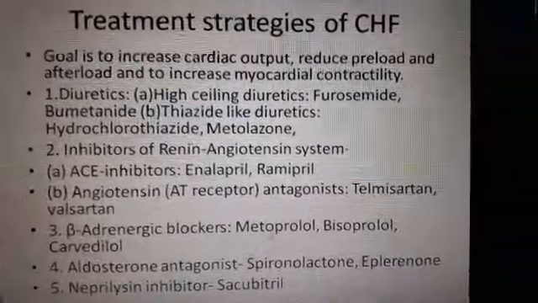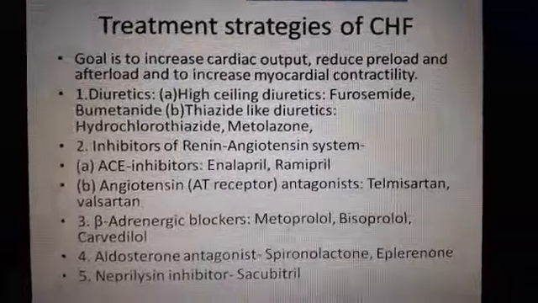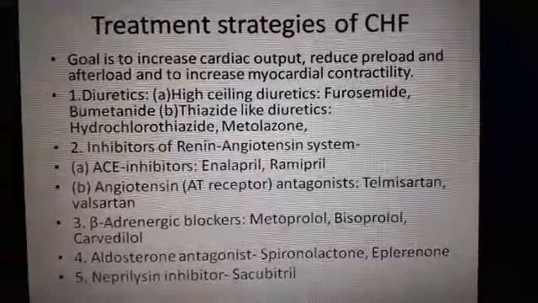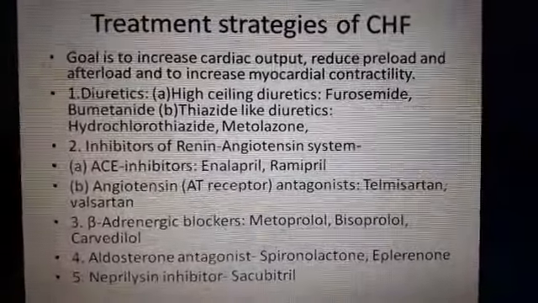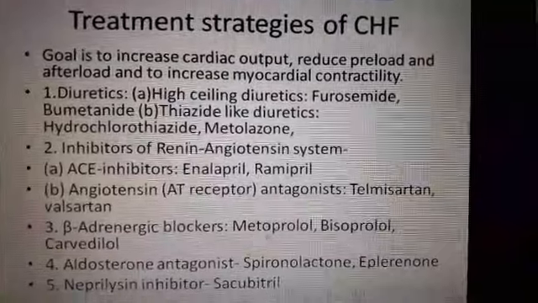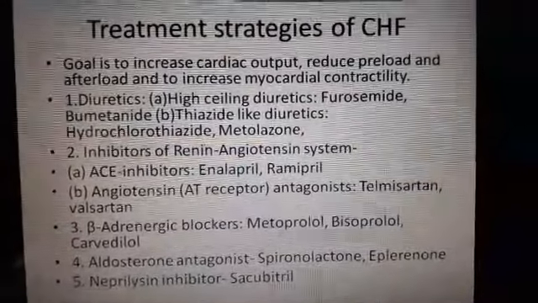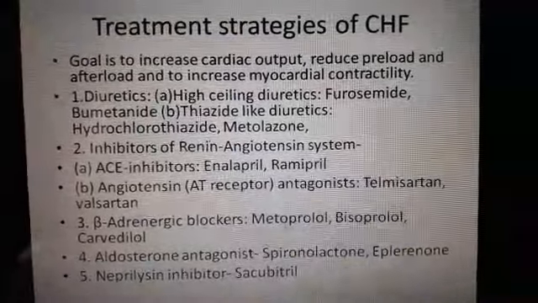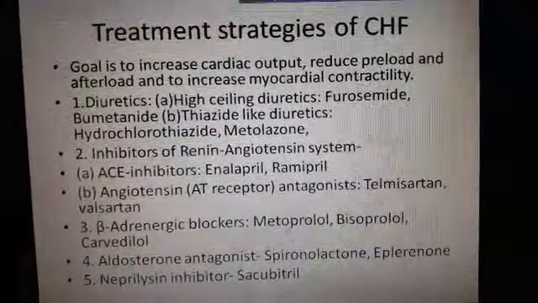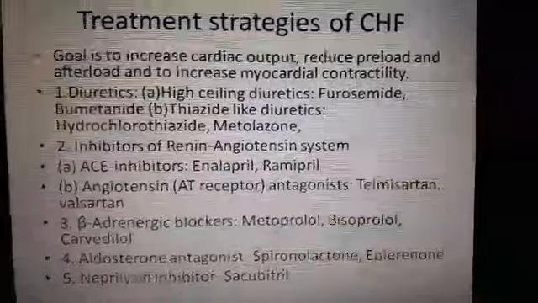And we can use aldosterone antagonists directly if there is too much salt and water retention and the ejection fraction is very low. We can use aldosterone antagonists like spironolactone, eplerenone, and neprilysin inhibitors, sacubitril. That I shall discuss later. So these are the 5 major drug groups. Also, there are some additional drugs like ivabradine that can be used, but these are the 5 major cornerstones of